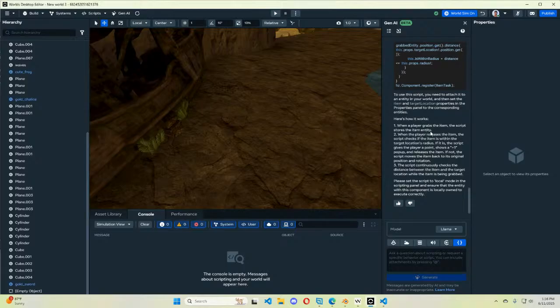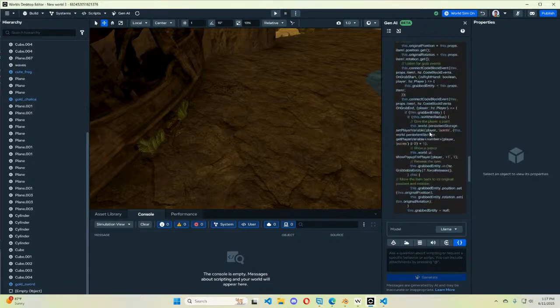The player grabs an item, the script stores the item. When the player releases the item, the script checks the items within inside the script continuously checks between the item and the target location. Alright, so